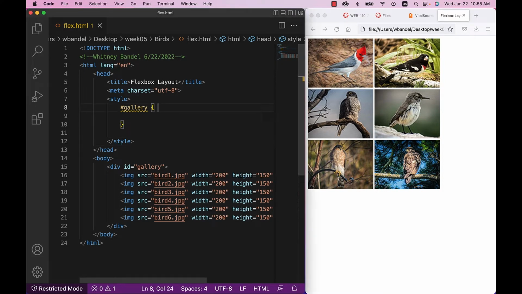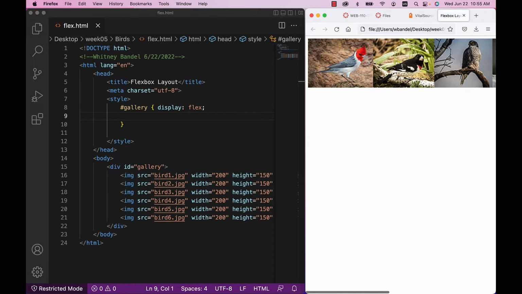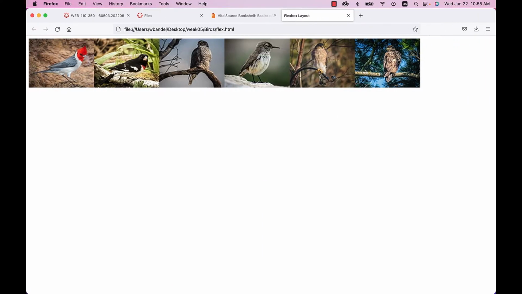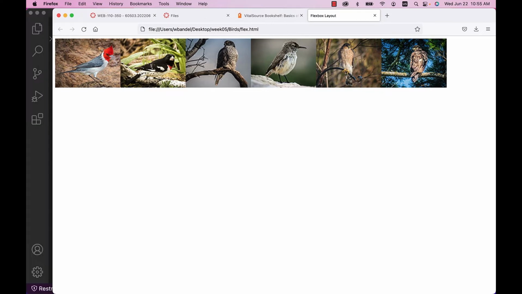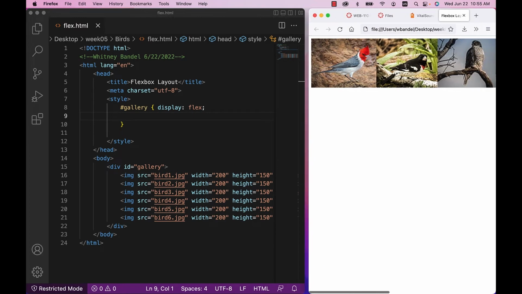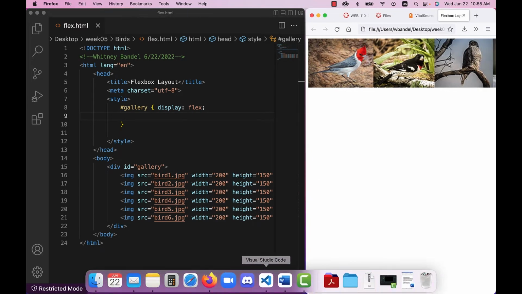All right, so I'm going to put that back. So we have display flex. So you'll notice by default, all of these things are in a row with each other. That's going to be one of our things. And then by default, it's not wrapping anymore. It's just creating this horizontal scroll. So that's going to be one of our first properties,